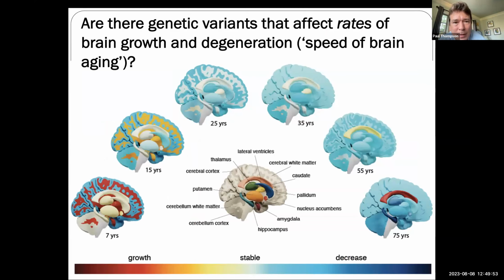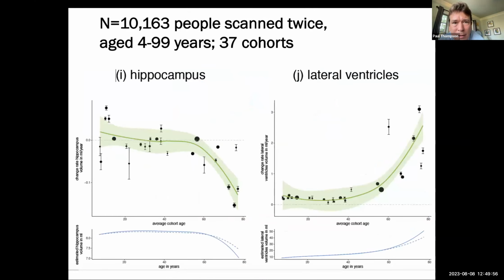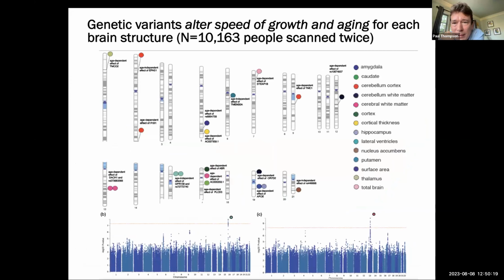And so this remarkable paper by Hilke Holzhoff-Paul, Rachel Brower, and ENIGMA's plasticity working group measured the rate of brain change in 10,000 people. Now, lateral ventricles get bigger, nearly everything else gets smaller. This is the derivative, the time derivative. So I showed you earlier plots of the volumes of these things. This is the rate of change of these things. And you can do a GWAS on the rates, and you'll find, or they found, in a nicely replicated design,